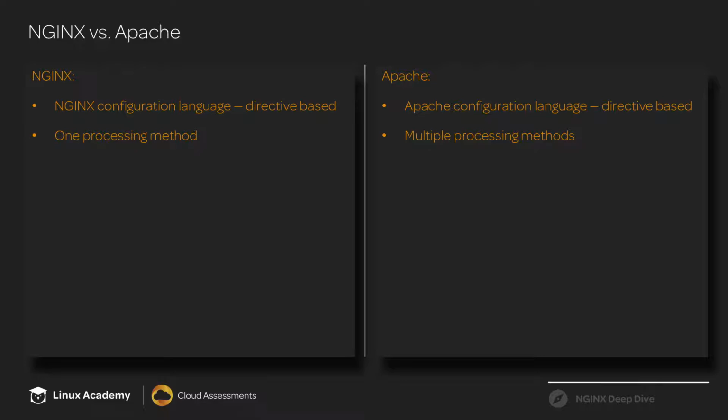NGINX comes with one processing method. And remember, it was built to solve a very specific problem, and that was handling a lot of concurrent requests. So that's the only way it knows how to process requests, is in a way that could support a lot of concurrent ones. Apache, on the other hand, has been around for a very long time, and it has multiple processing methods that you can choose from. Prefork being the original one. There's a worker method that spins up separate processes and threads. And then there's an event method, which basically works like worker, except it is utilized more for keep alive